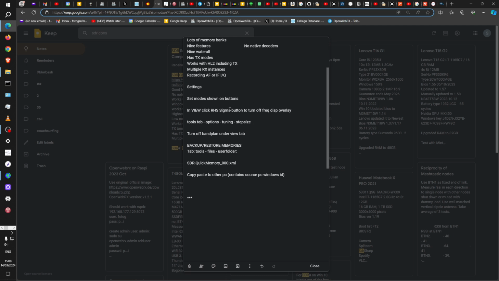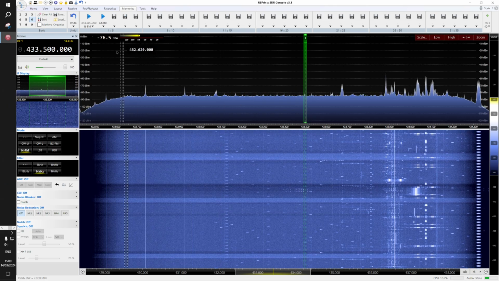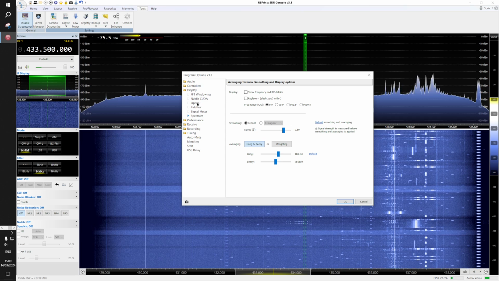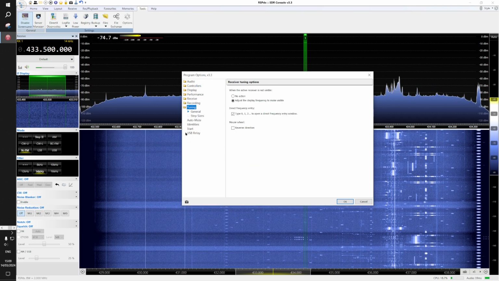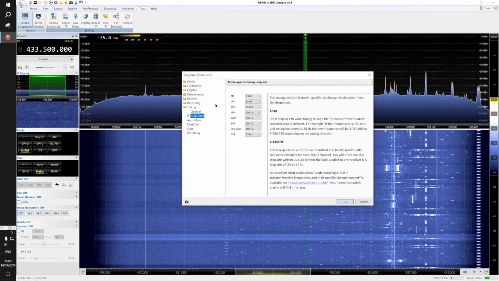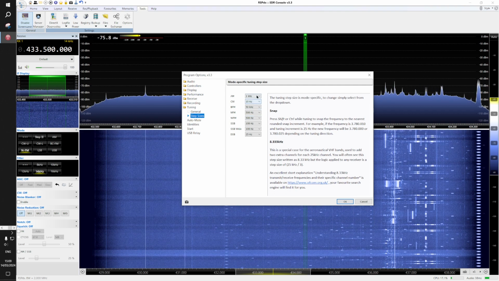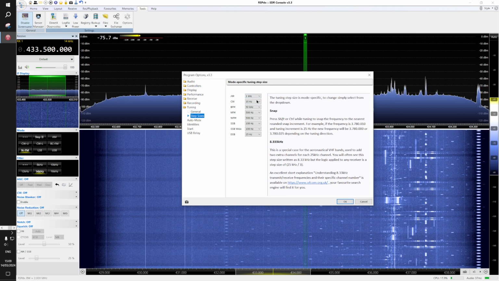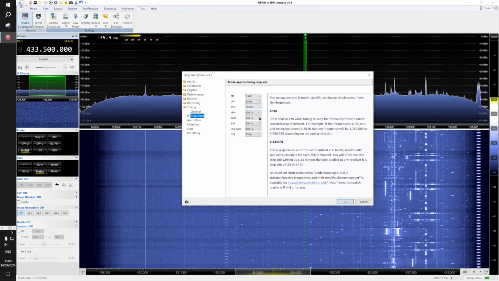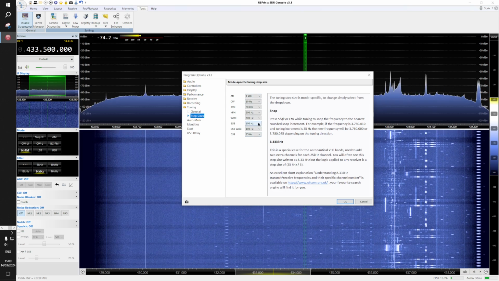I've turned that off already by hitting the Sigma button. Oh yeah, Tools tab, Options, Tuning, Step Size is quite important. So we go to the Tools tab, Options, Tuning, which is there, Step Sizes here. These are all the things you can change in the receiver SDR software. And here I like to choose step sizes that suit me. So for CW I want to go in 10 Hz steps, AM 1 kHz, USB or SSB 100 Hz I